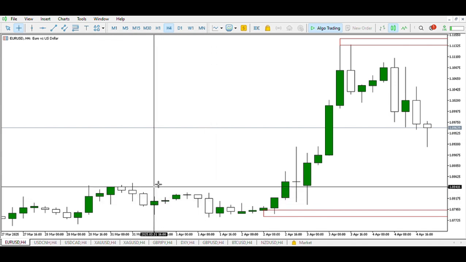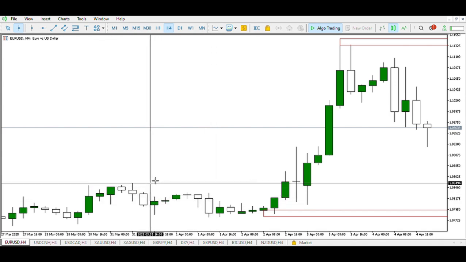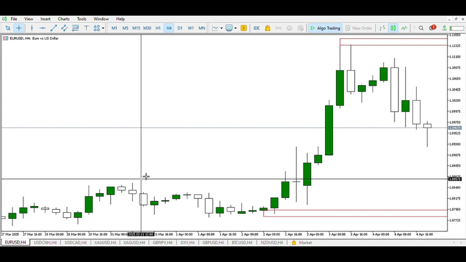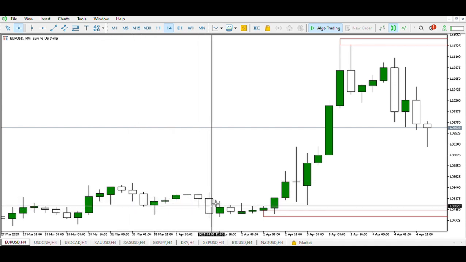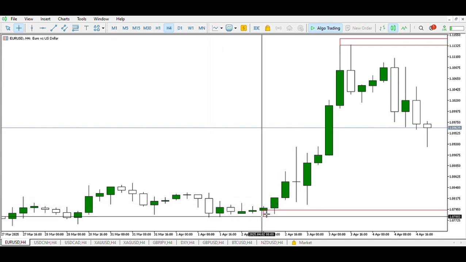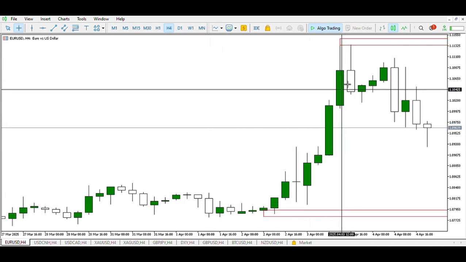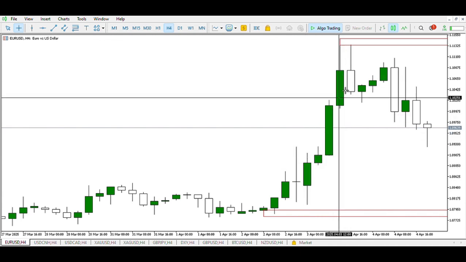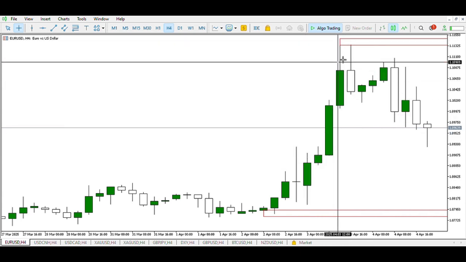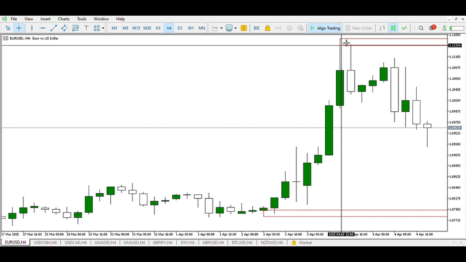Let us take less than a minute to explain candlestick patterns. As you can see, an accumulation of price within this area and a cluster of white candles. These white candles signify selling pressure, and as you can see, price rallying up, creating this cluster of green candles. These green candles signify buying pressure. Now back